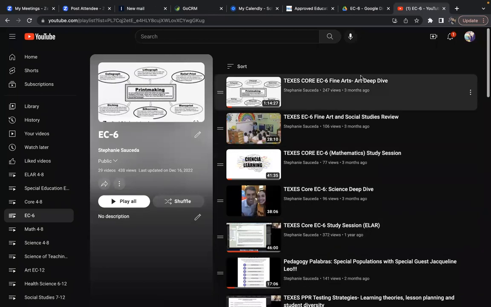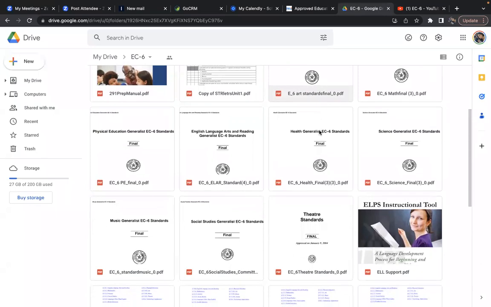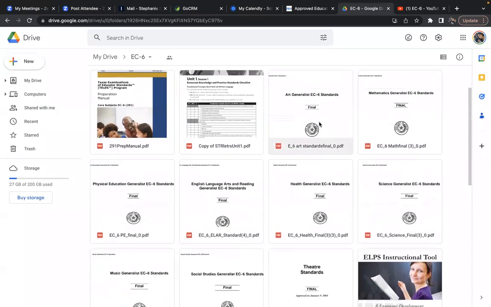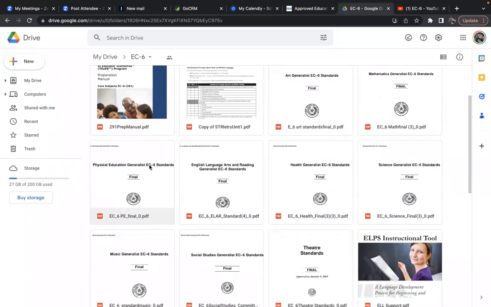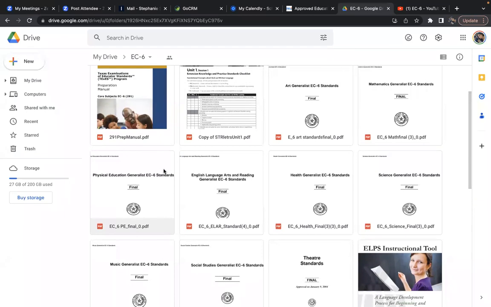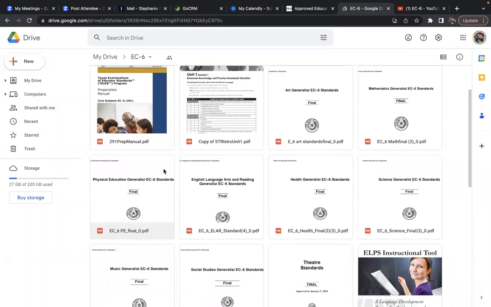So I need to find a better way of organizing this. And this should speak to the fact that EC through 6 encompasses so much information. You guys are responsible, and here they are, for understanding the art standards, the mathematics standards, the physical education standards, EC through 6, that's early childhood through 6th grade, all of the standards, knowledge and skills, theoretical basis, specifics about